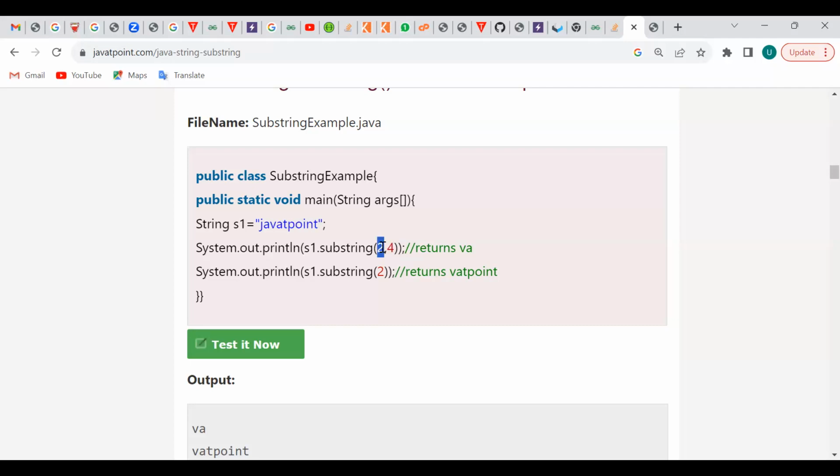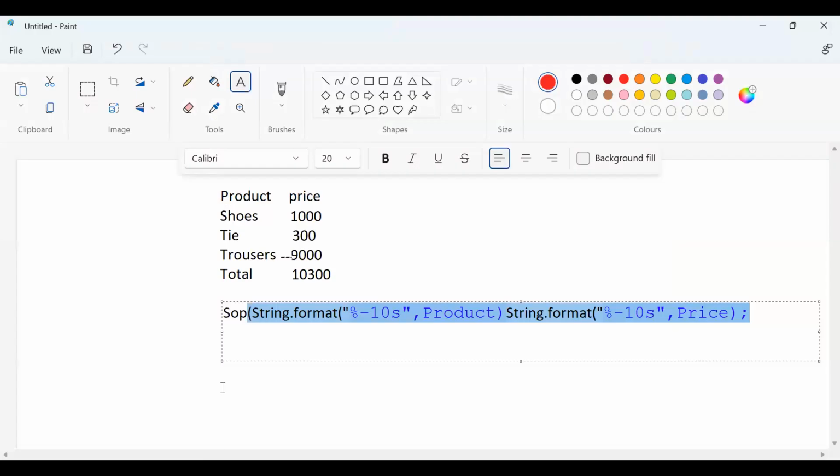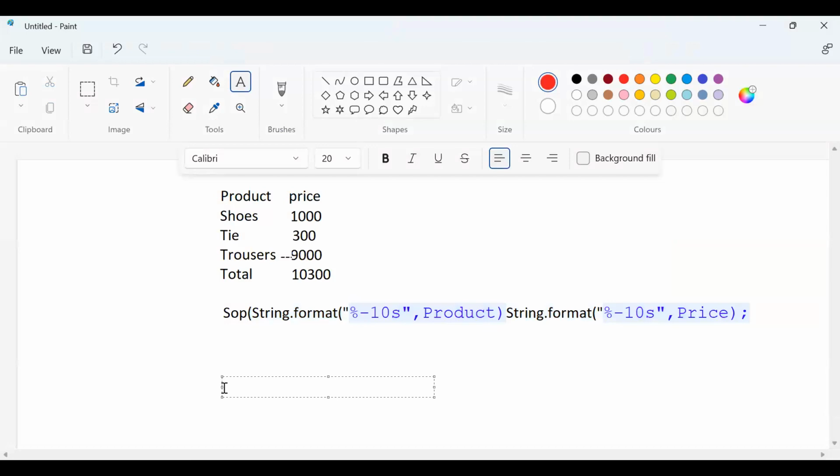Start at index 2, end at index 3. So you have to specify the end index one extra. When you write 2, 3, it shows only V, not VA. So if we have a string